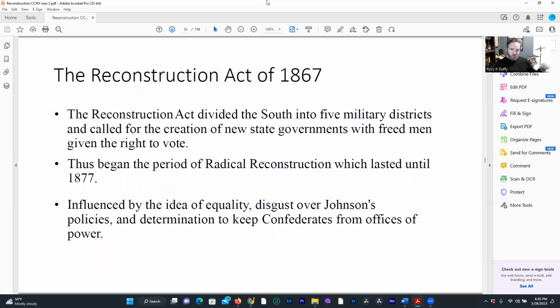We then get to the Reconstruction Act of 1867, where we do see the Congress of the United States divide the South into 5 military districts and call for the creation of new state governments with freedmen given the right to vote. Thus began the period of radical Reconstruction, which lasted until 1877. And it's influenced by the ideas of equality, overall disgust over Johnson's policies, and determination to keep Confederates from offices